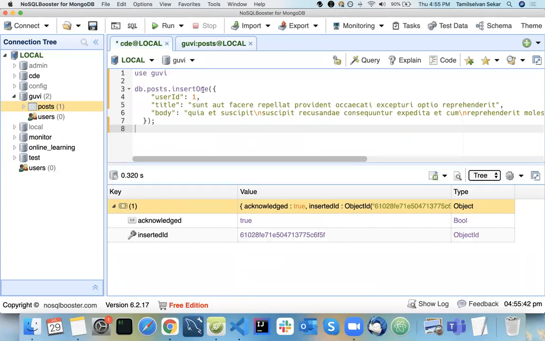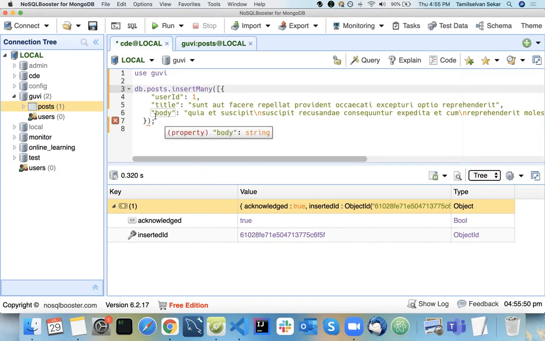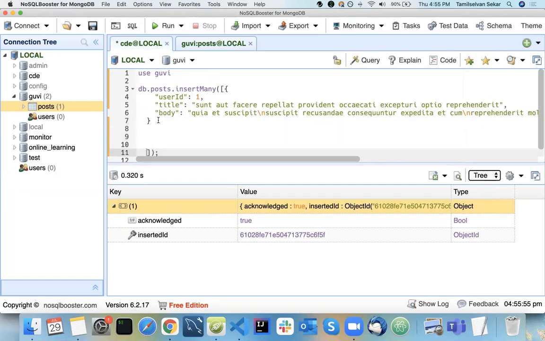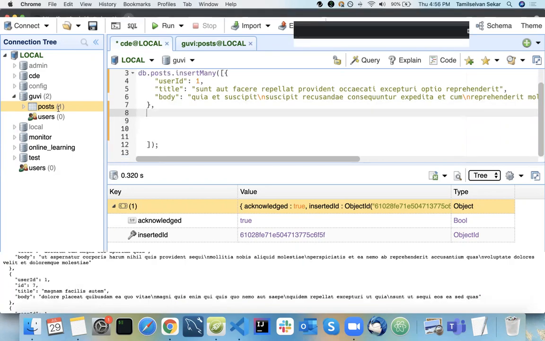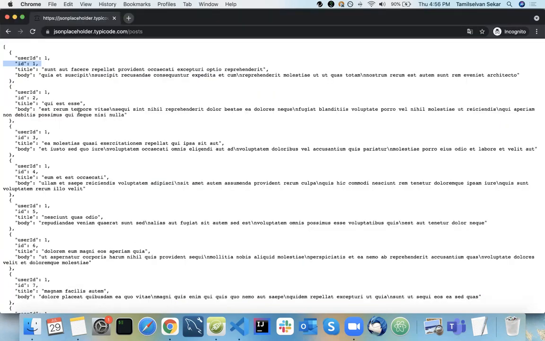In the same way, if you use insert many, you can insert multiple data. I can pass an array, and I can pass one more data here. So basically an array of objects.